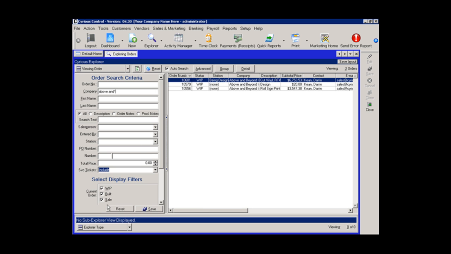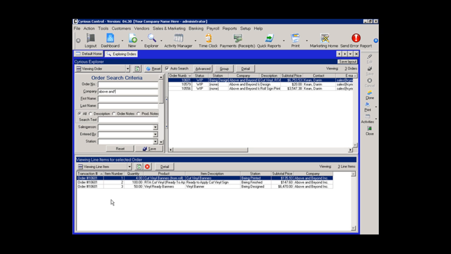You may track your jobs on a line item basis. If you do so, you can pull up the order information, and then at the bottom here we can select our sub Explorer, and we want to view by line item. Doing this is going to bring up a list of all the line items associated with that particular job. You'll notice here we already have our station activated, and now we can tell the customer that this particular product is in the being printed station or being printed department,